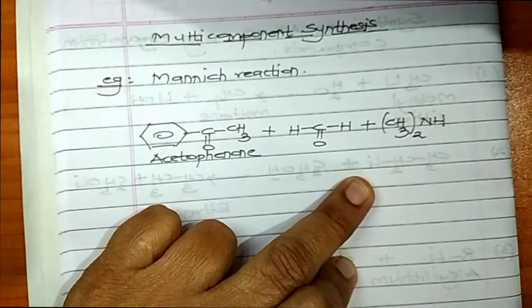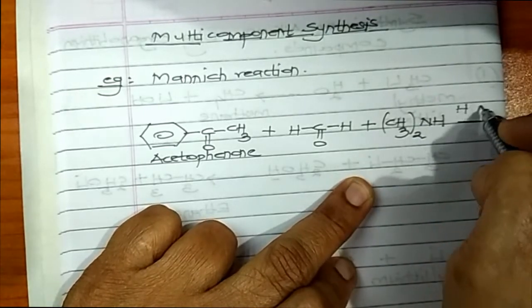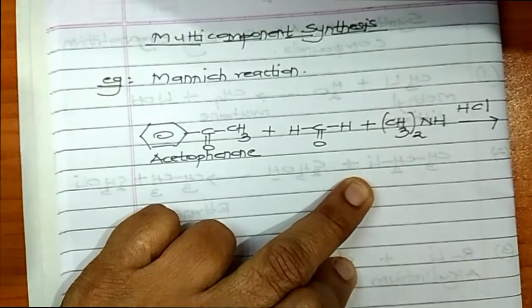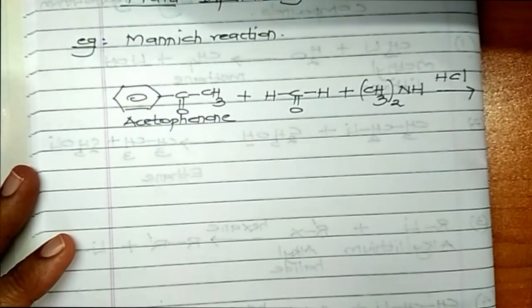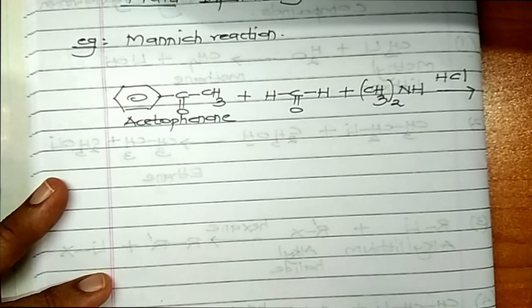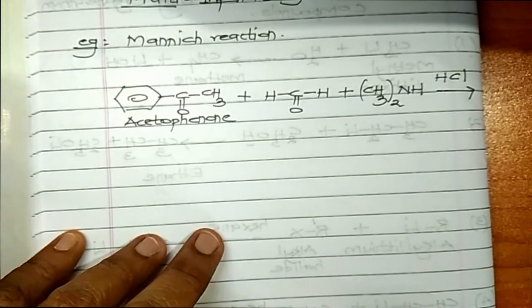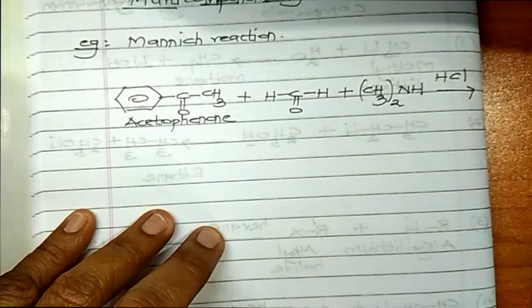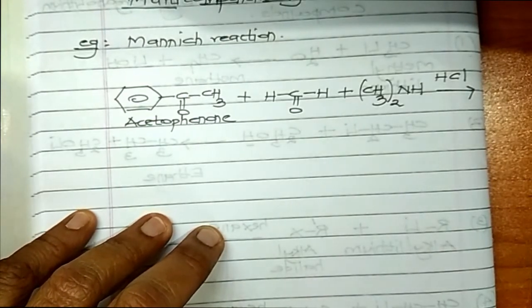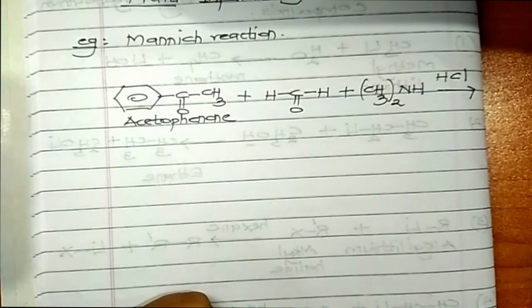Now the reaction takes place in the presence of an acidic medium. So we are using HCl here to create that acidic medium. Now what is this reaction? You remember when I said Mannich reaction, I told you that this is a condensation reaction. So in a condensation reaction, simple compounds like water will be removed. Now, how will the reaction take place? The reaction will take place like this.